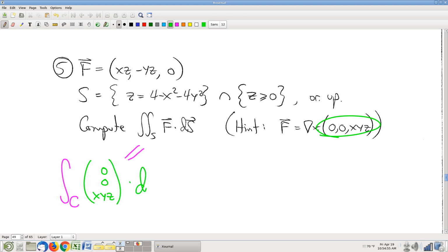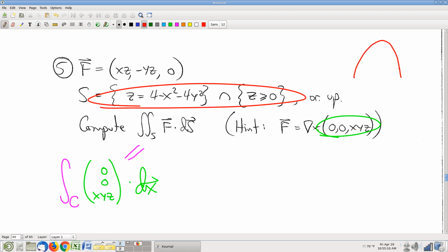dx. Right? So there's your first option. And it turns out this is a great option. This is a really good way to do it. Because, again, let's look at our picture. Our surface was this upside down cereal bowl. This boundary curve here, the boundary curve C,